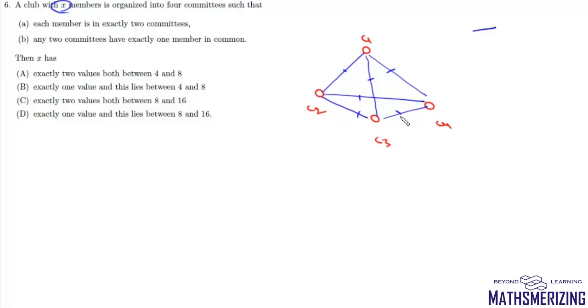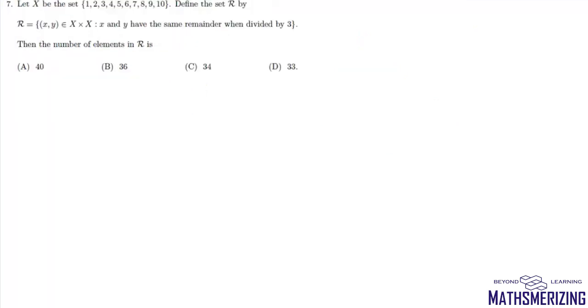So the answer to this question is: x has exactly 1 value and this lies between 4 and 8, and that's your option number B. Now question number 7 is: let X be a set {1, 2, 3, 4, 5, 6, 7, 8, 9, 10} and define a set R, (x, y), such that x and y have the same remainder